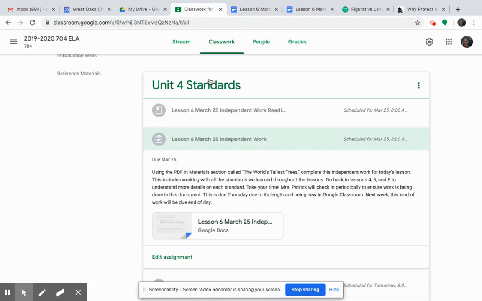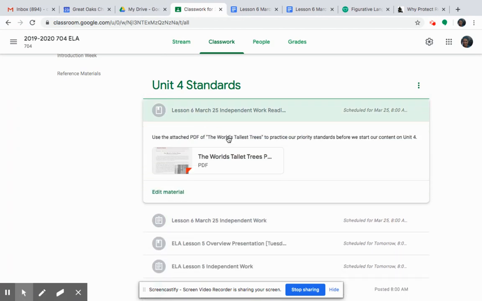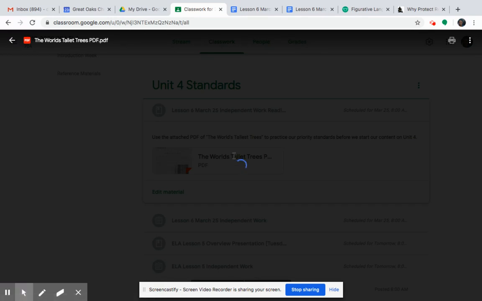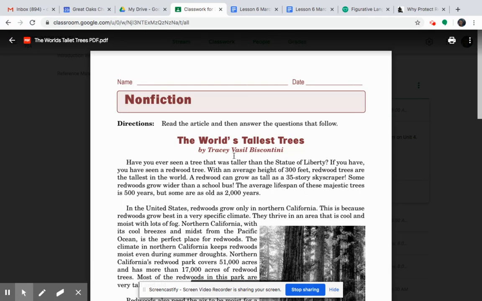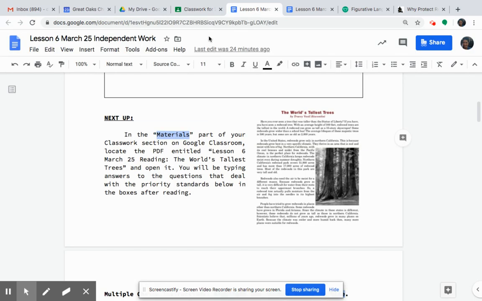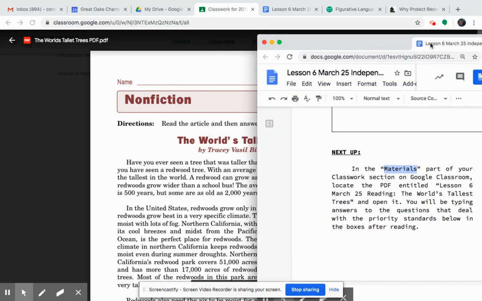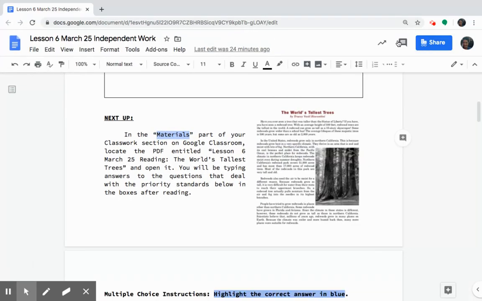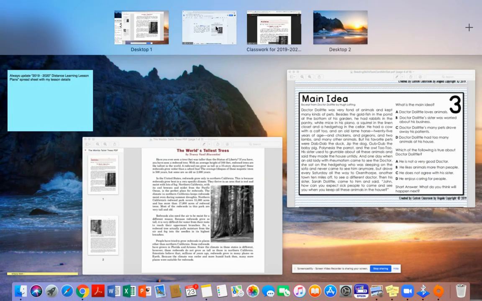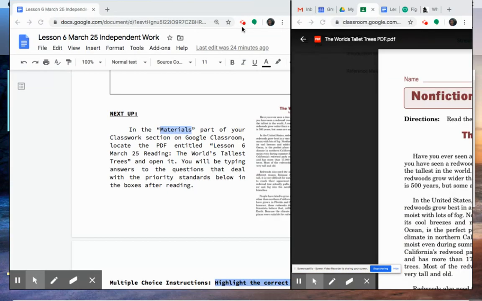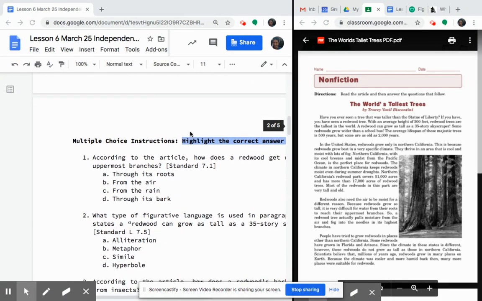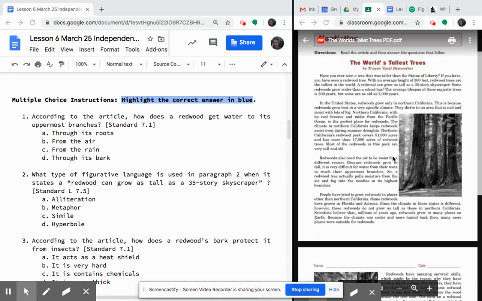So you would go back to the Unit 4 standards. It's the book. Click the PDF. And what I would do if I were you, I would have both tabs open. So I would make a different window. See how I just pulled that off? Yes, I want them together so that you could do the work on one side and read on the